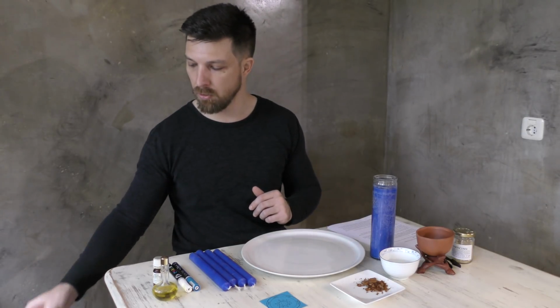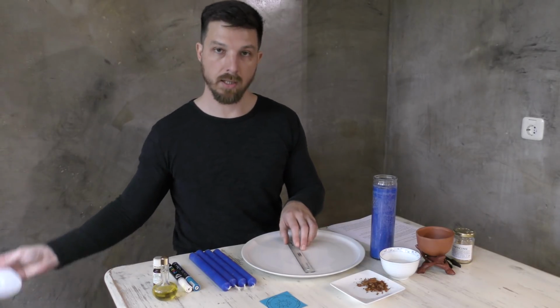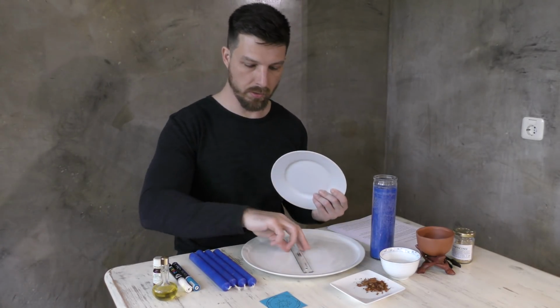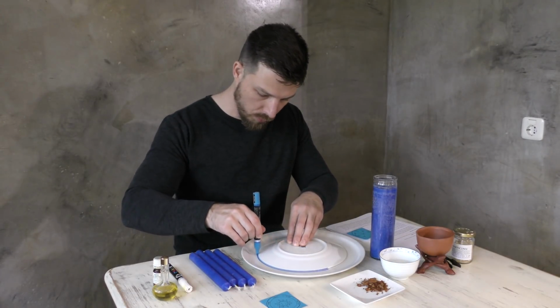And for that you will need a ruler, a small ruler. I suggest a side plate to use as a guide for the circle. And then using the blue liquid chalk,